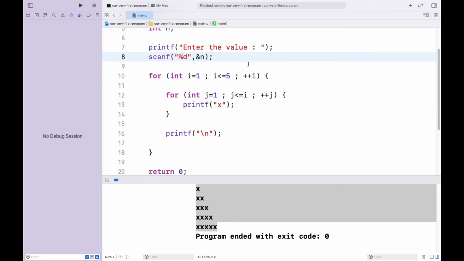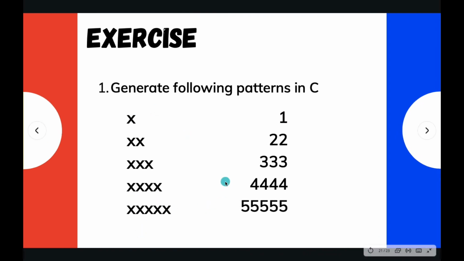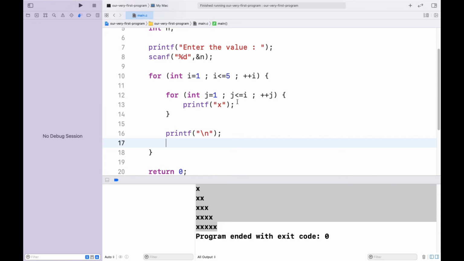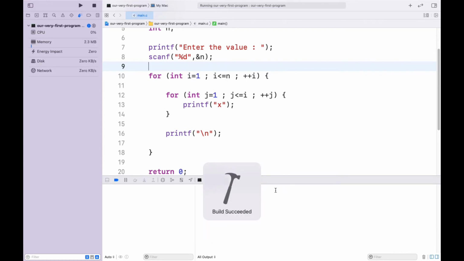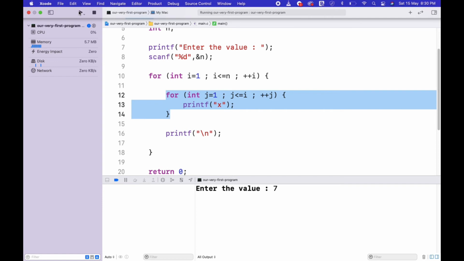What if we are going to get a value from the user itself, so that the user decides how long you want the pattern to get executed? So obviously 5 is going to get replaced by n itself, and I hope it is not required to make it clear, because n is the very value of the endpoint of the pattern itself. And you can see in here, if I enter the value of n to be 7, this loop is going to get executed 7 times, and this is going to get executed as per the value of i.